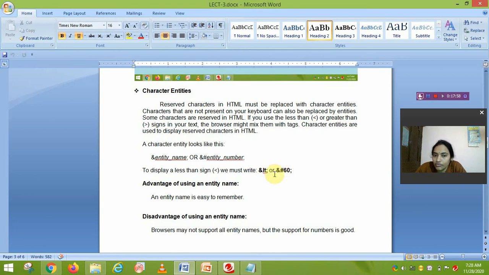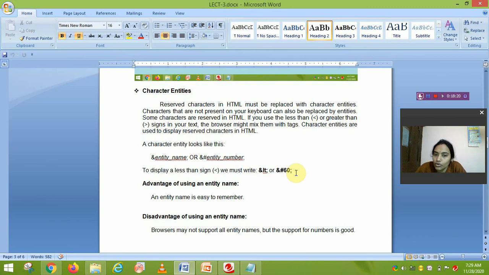So if you want to place this symbol using the entity number, then you write that, and if you want to place this symbol using the entity name, then you write ampersand LT semicolon, but the semicolon must be placed there.